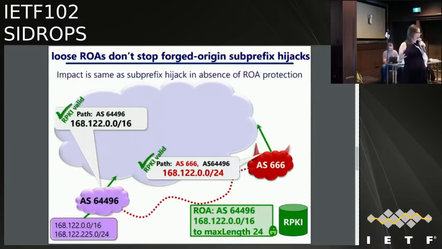Okay, so that's what this draft is about. So in the draft, we explain this attack, which has appeared in other places, but we just wanted to make it very clear what this attack is. And then we make the following recommendations. Our recommendations are coming from the fact that there was a measurement study that we did a year and a half ago, I think, finding that a lot of people use max length in a way that leads to this type of attack. So they use the max length, and this type of attack is possible against their ROAs.